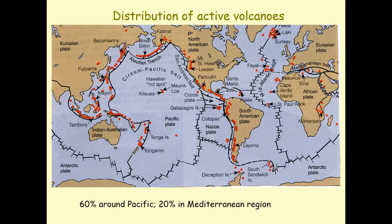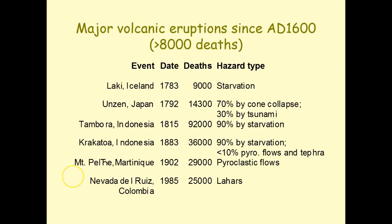Then you have the Mediterranean region, and that's going to be over there by Africa. You have a couple volcanoes over there. Notice that Iceland has a lot of red dots on it, so it is very volcanic. Alright,